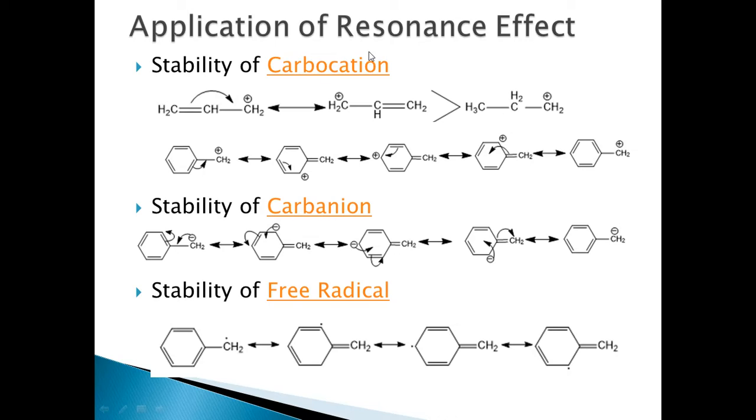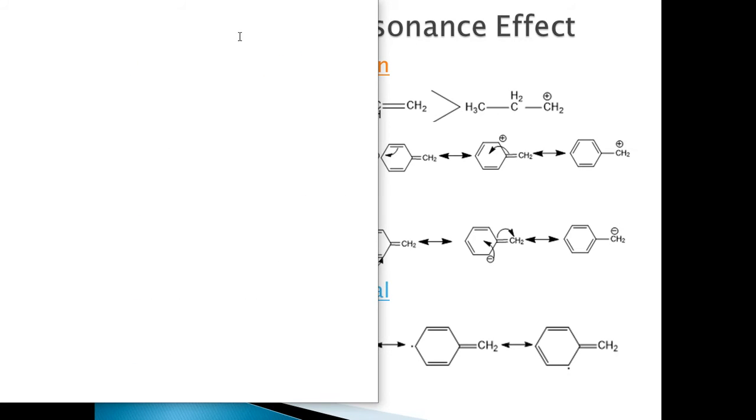Application of resonance or mesmeric effect. This includes stability of carbocation, stability of carbanion as well as stability of free radicals. This is the application of resonance effect. As you can see in the example given here, here you have a carbocation in this position,